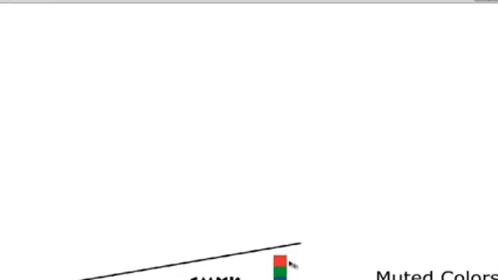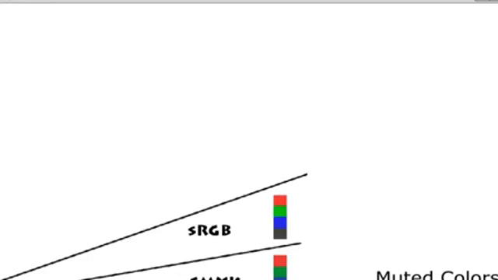I have an example here of red, green, blue, and black. Neither of these colors looks particularly saturated or strong. This is because the CMYK color space can only handle a certain amount of colors. When you want to add more colors, a standard digital camera is going to work in sRGB color space, meaning